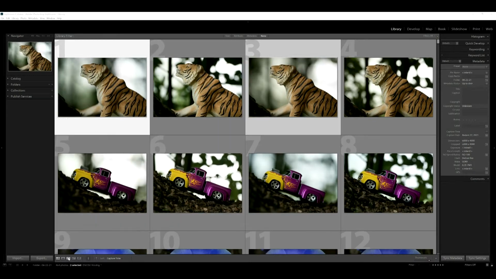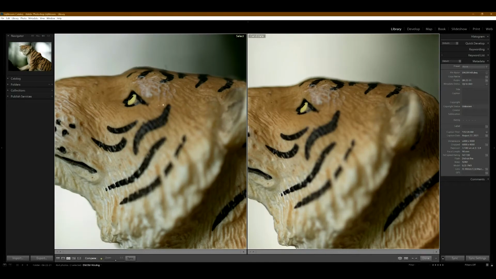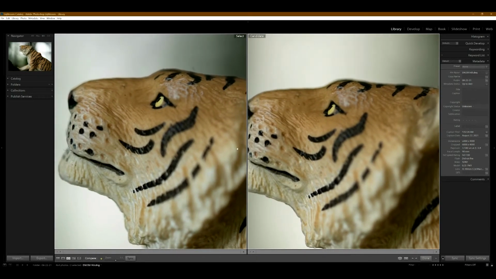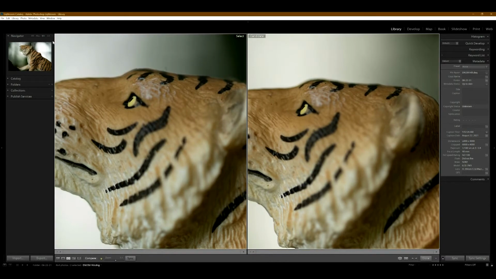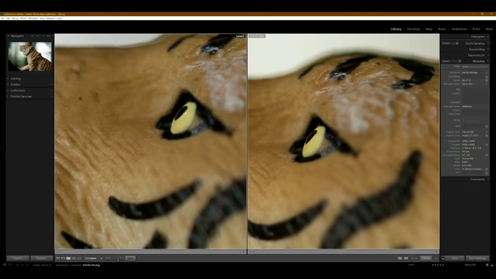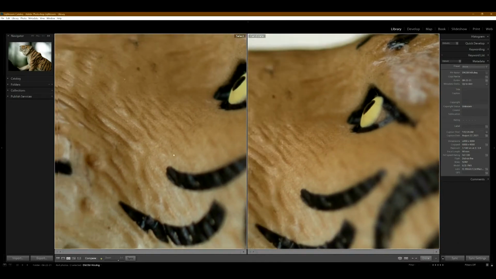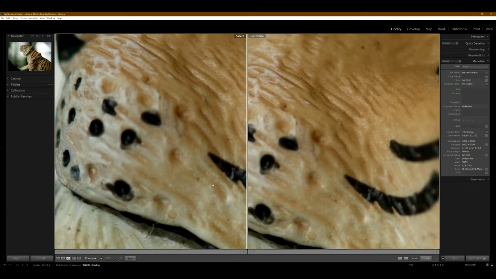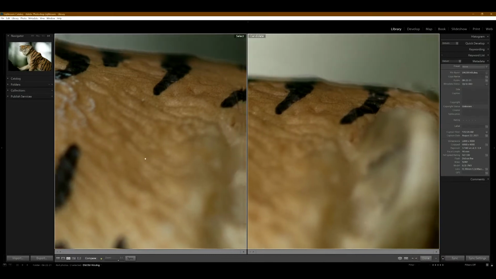So here I have it selected. We'll go to compare mode and the left is gonna be the Sony and the right is gonna be the Canon. So let's zoom in. And comparing the sharpness, it looks like they both kind of have the same sharpness on the eye. Let's zoom in to 3:1. And it almost looks like, yeah, I can't really tell much of a difference as far as the sharpness goes. It looks like they're about the same